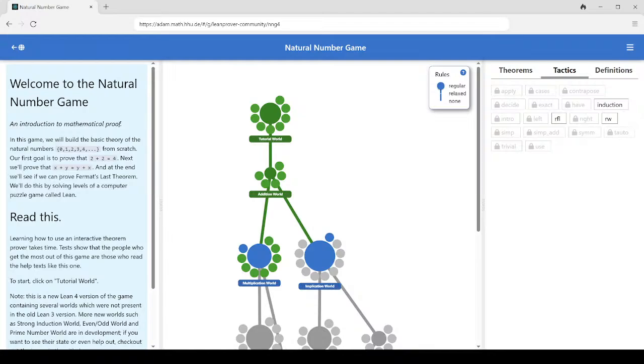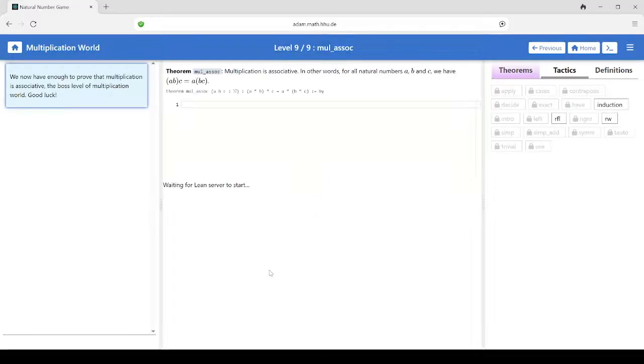Hello and welcome back to the slow and painful process of me trying to get through the natural number game. When we last left off, I was totally stumped by the final boss of Multiplication World,